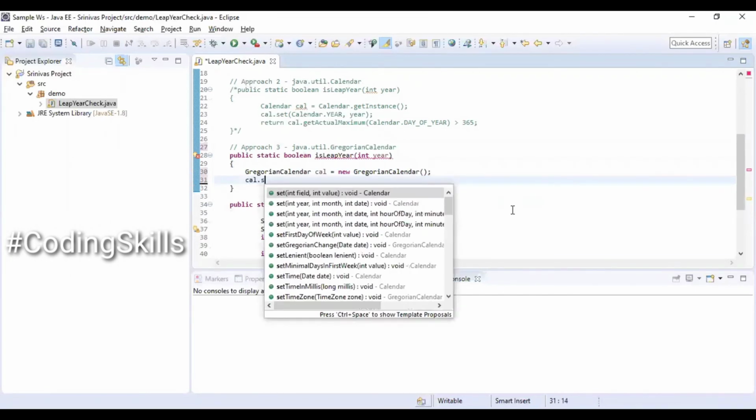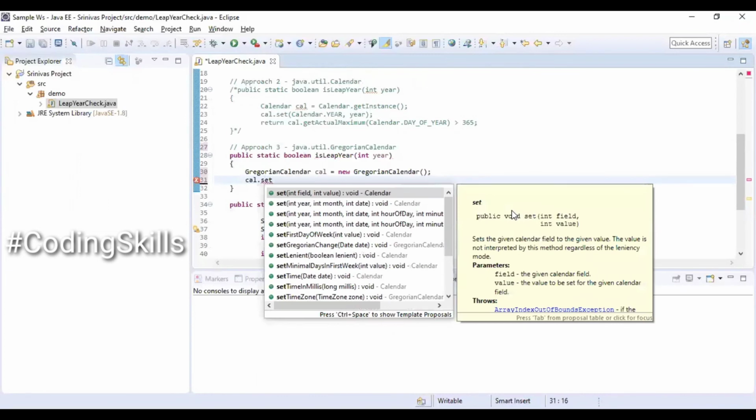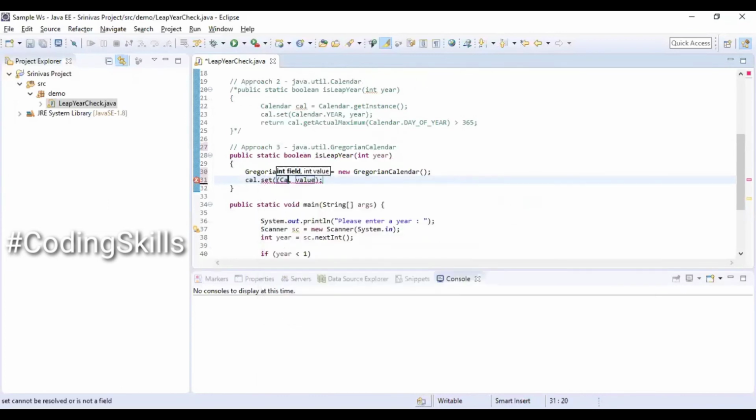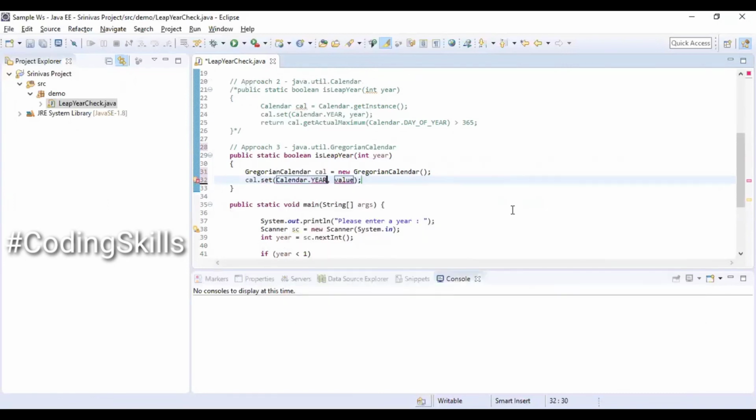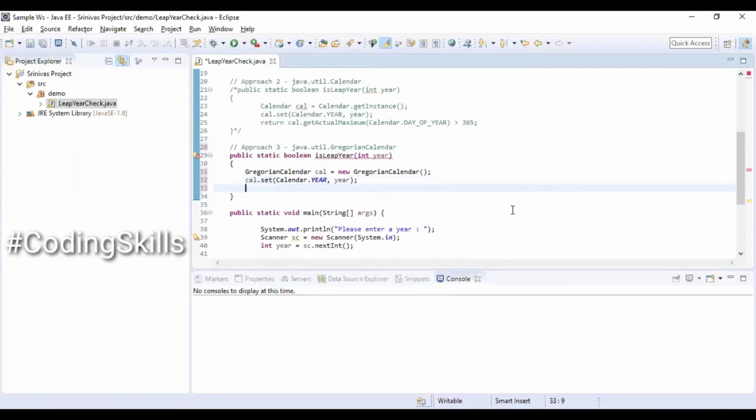GregorianCalendar object has a predefined method, which we will be using. So first we will be setting the year value we have received from the keyboard to this calendar object, with calendar.YEAR and the year variable.